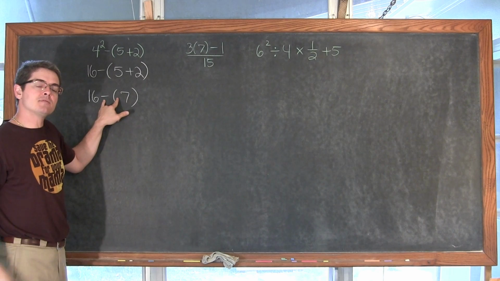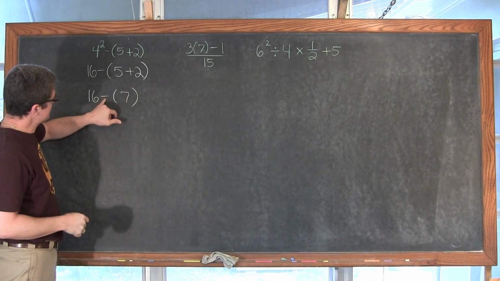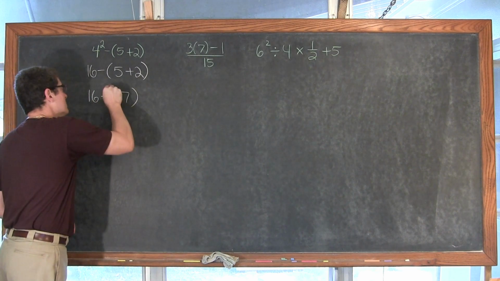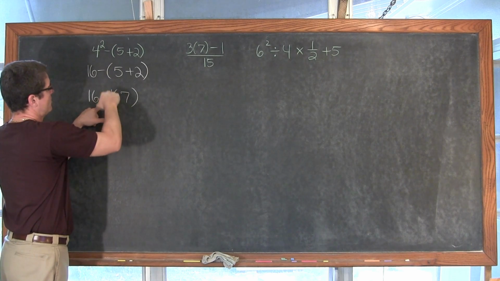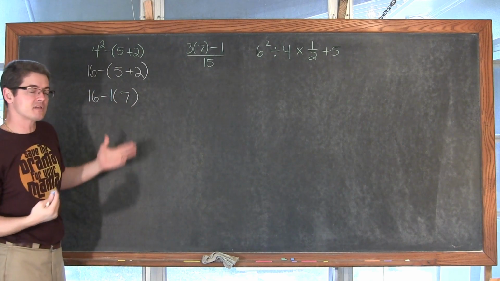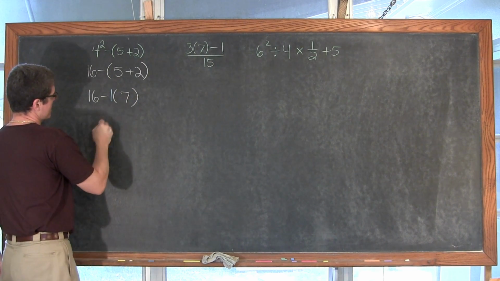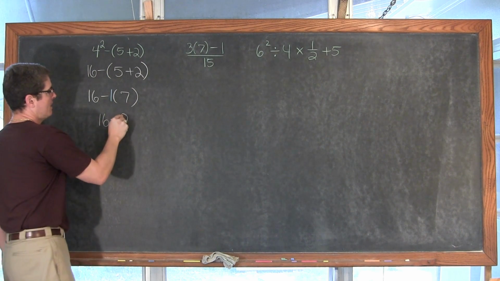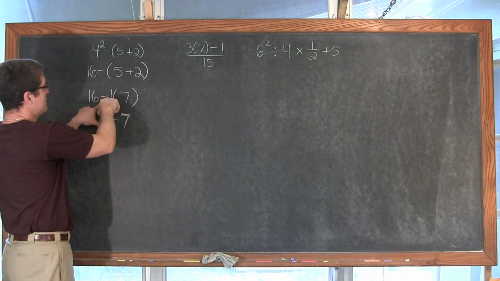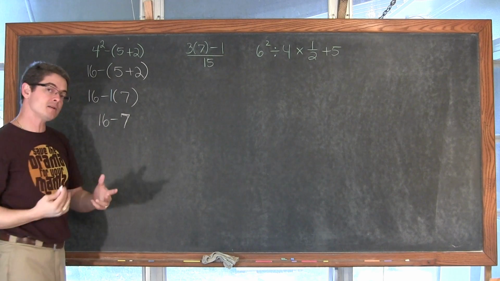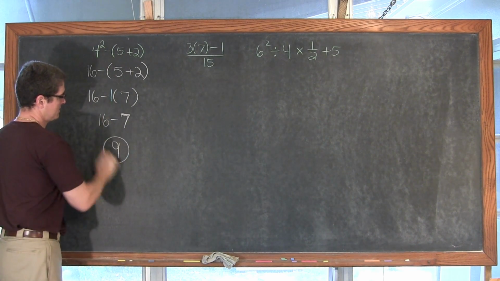Sometimes we have these two negatives that are touching side by side and they become a positive. How that happens is that between this negative sign and the parentheses, there's a 1 there that we don't really have to write. And it's negative 1 times a positive 7 like we have, and negative 1 times positive 7 is negative 7. So that's where that comes from. We have 16 minus 7. If that 7 were negative, it'd be negative 1 times negative 7, which would give us a positive 7, but we did not. And then 16 minus 7 is equal to 9.